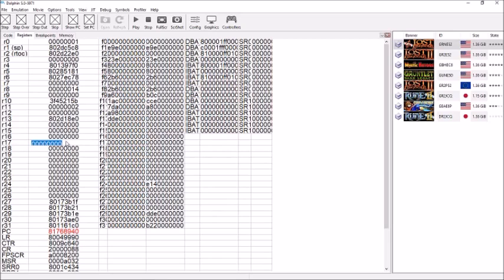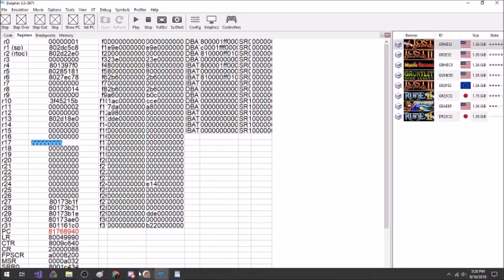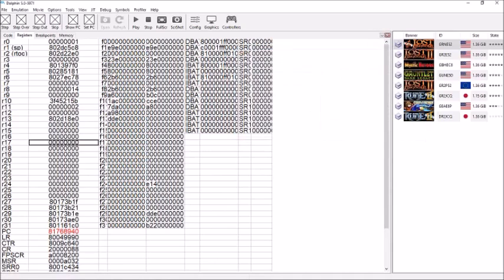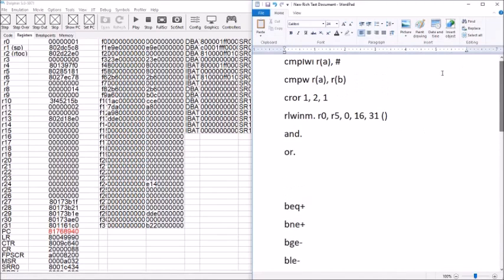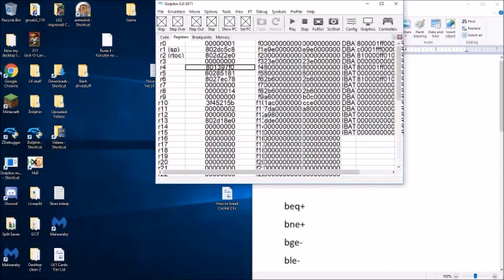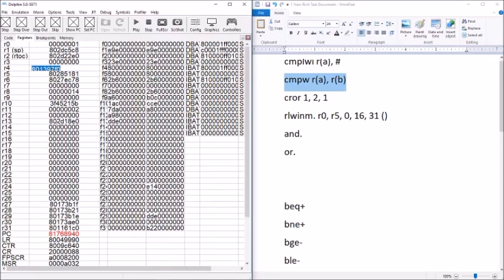Let's just say we're going to put that into register 17. And then you would want to do this one right here, CMPW, and then in my case, register 4. So register 4 and register, let's just say 14. You would compare those two, and then if it's equal to, then you would branch to a different place, and if it's not equal to, then you would just go back to the main loop, and if it is equal to,